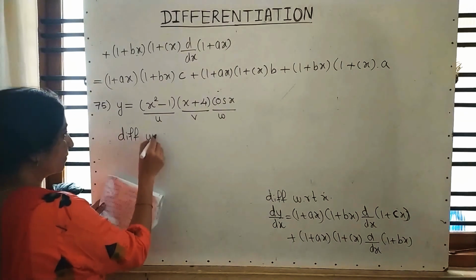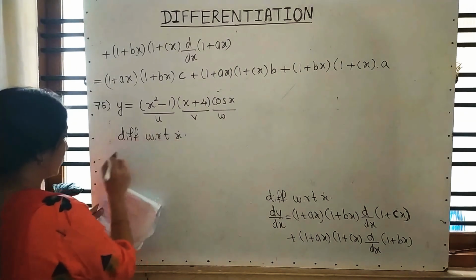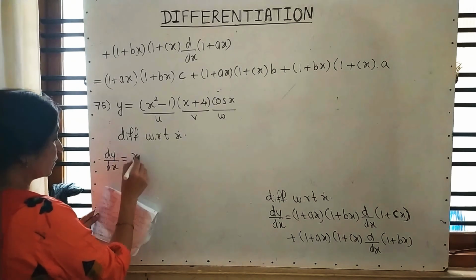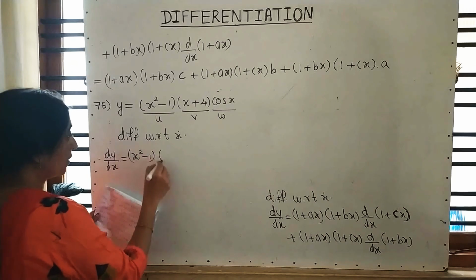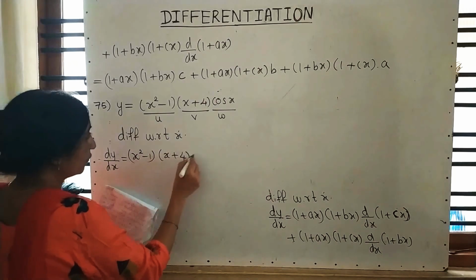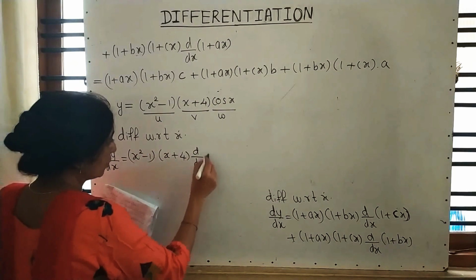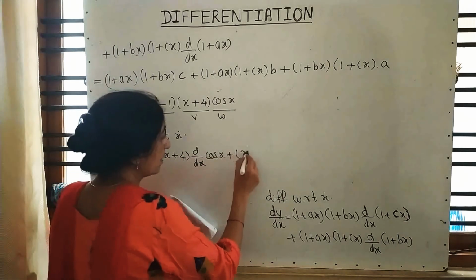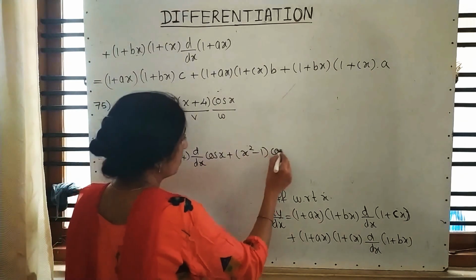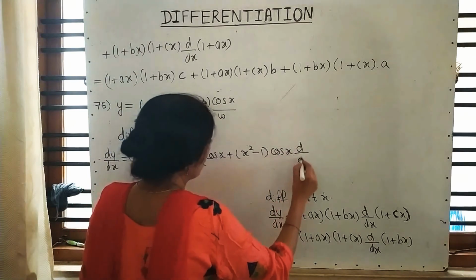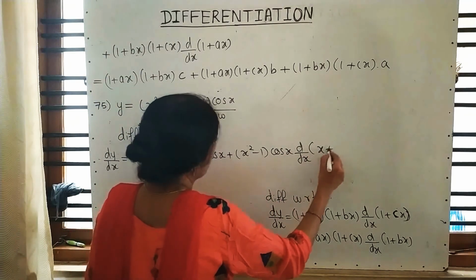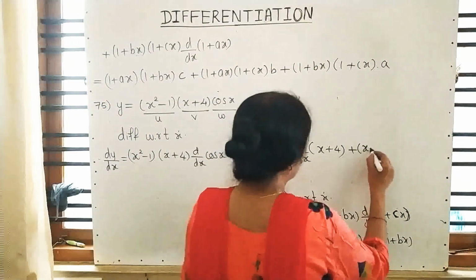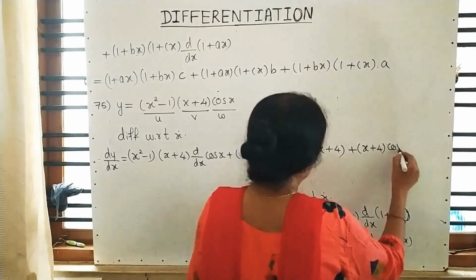Differentiating with respect to x: x square minus 1 x plus 4 into differentiation of cos x, plus x square minus 1 cos x into differentiation of x plus 4, plus x plus 4 into cos x